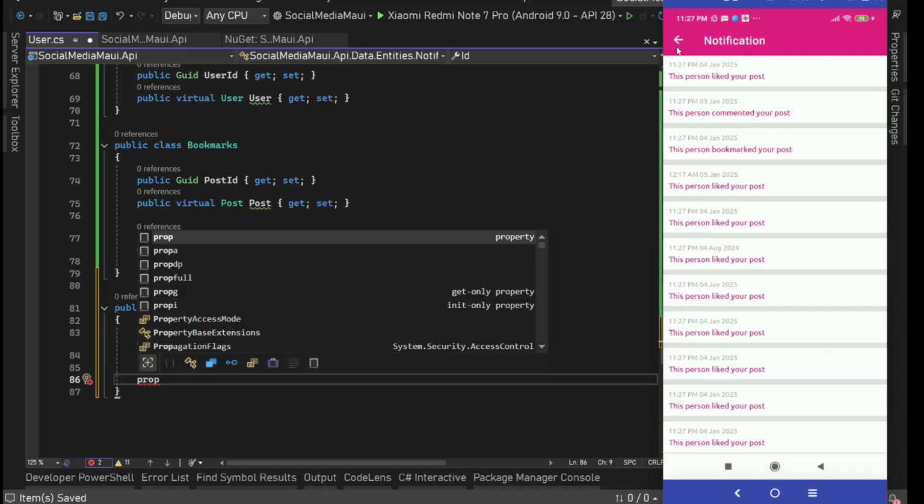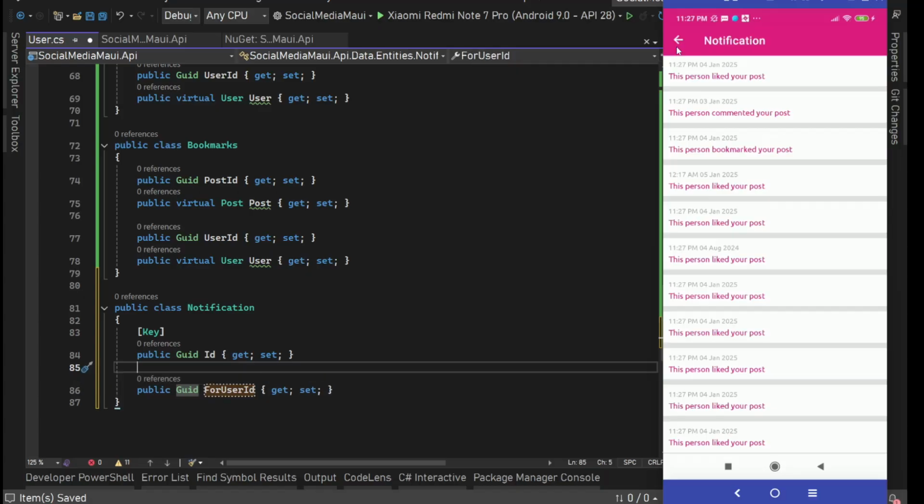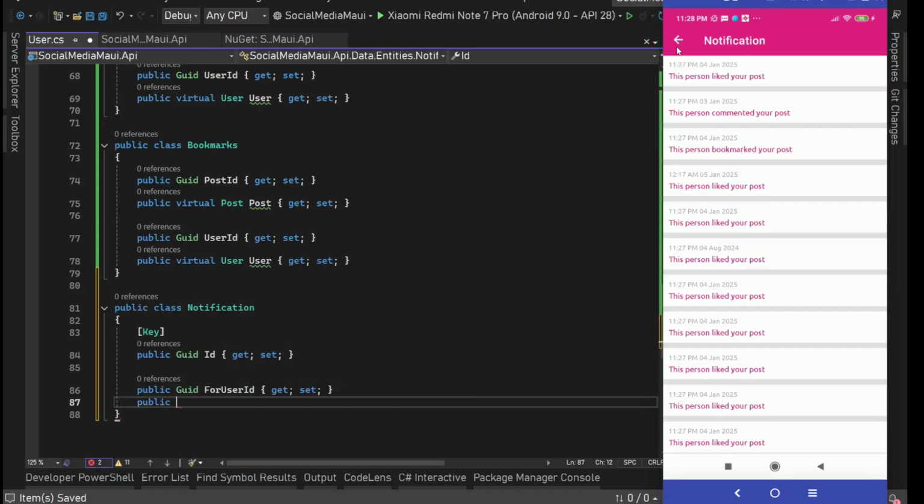If someone has liked my post, bookmarked my post, or added a comment on my post, then I'm going to get a notification. That means we'll say for user ID. So this notification was generated for which user ID? That we are going to have here,